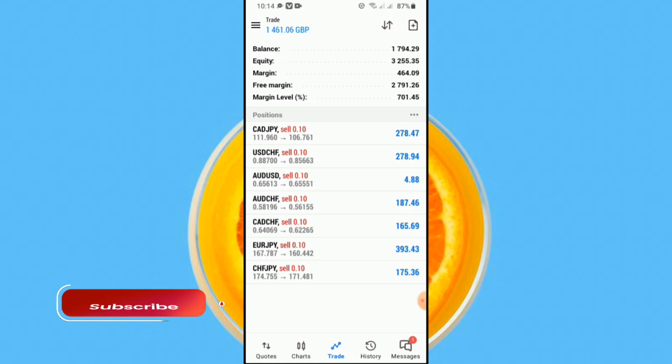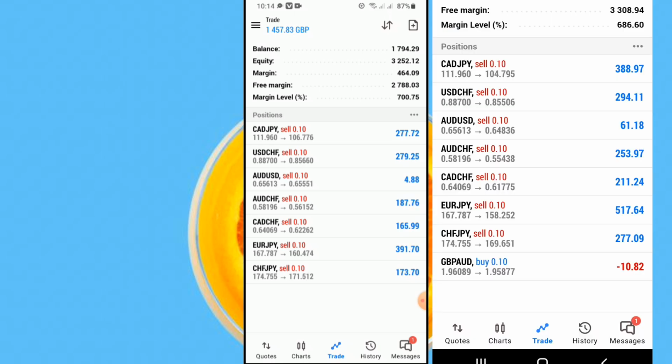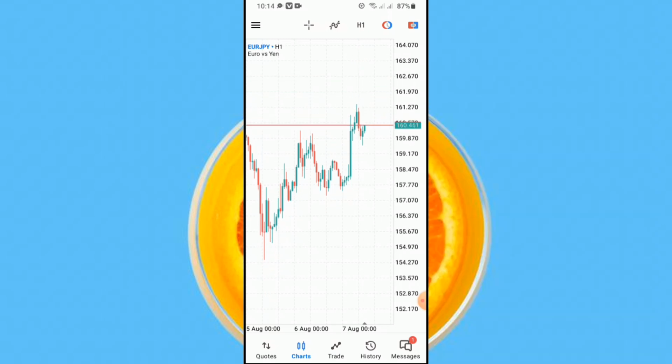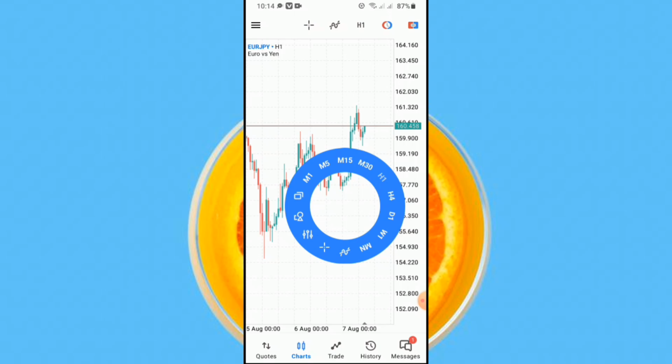A lot of people are complaining that they don't have computers to do their trading. So today I'm going to teach you some mobile hacks, some mobile strategies that we can use in order to have a winning team. I will give you a few indicators that are going to help us in analyzing today. So basically, the first thing we can do, we go to our indicators chart over there,